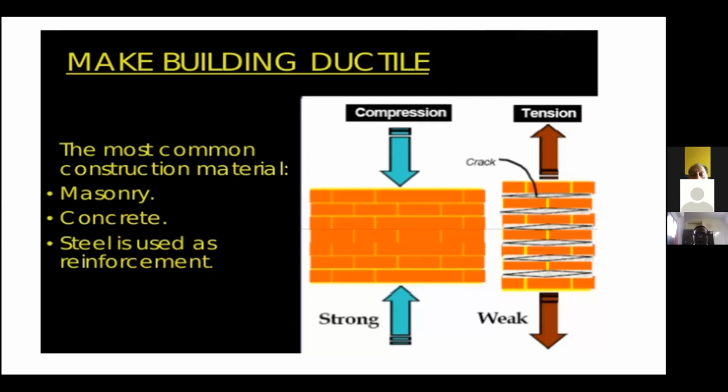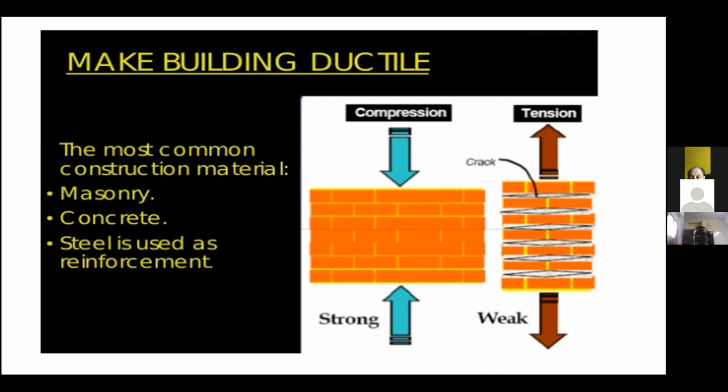A simple example is on the right hand side. For example, you know brick masonry. If you put a lot of compressive force, the brick wall is capable of resisting compression. But if very small tension forces occur, there is a separation and it may fail. So most of the time, the conventional load-bearing system consists of a wall and then a slab.